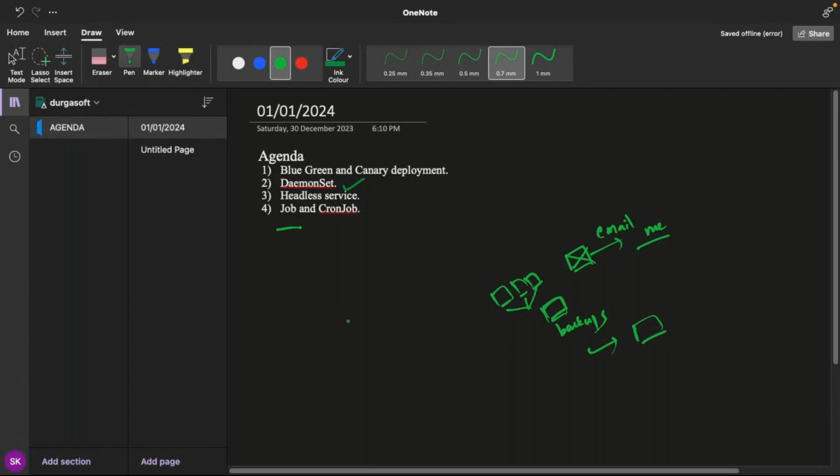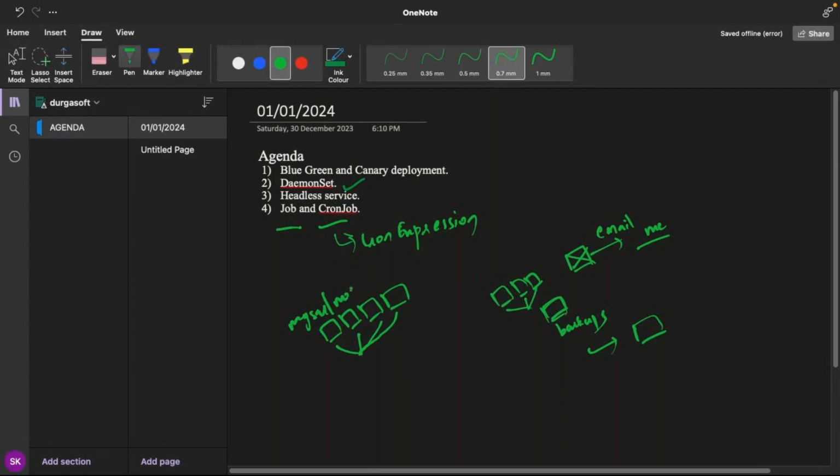But in an automated way, you have something called CronJob. If you configure a CronJob in your Kubernetes cluster, it will be taking the backups of our pods at regular intervals. You'll be giving something called a cron expression within the configuration file of the cron job, and based on this cron expression, it will be taking the backups at regular intervals of time from our MySQL